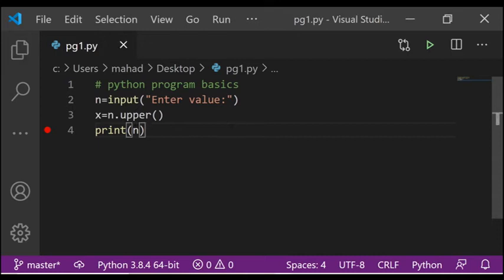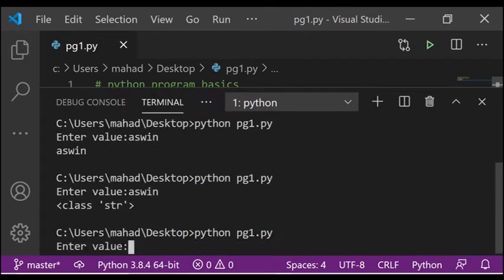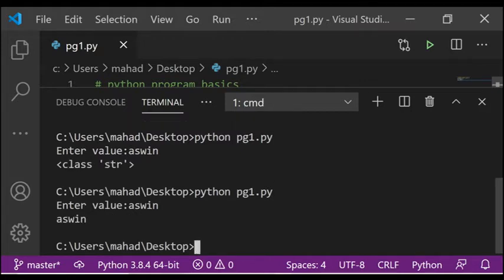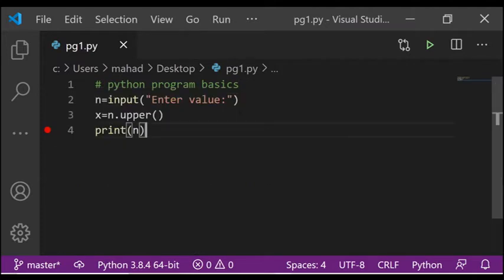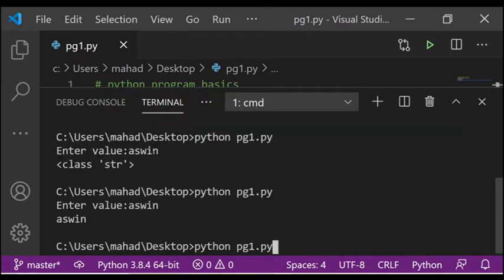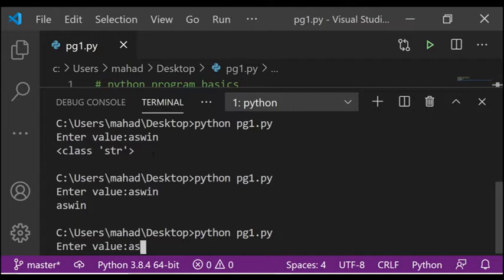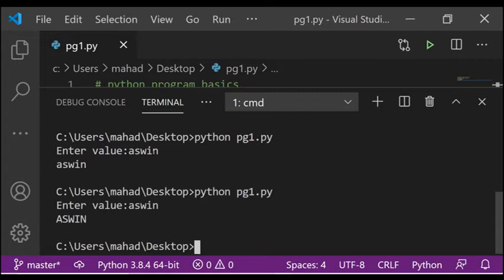I have saved it, gone to terminal and run it. Enter the value. I've typed my name in lowercase. n will carry the value, and the converted value will reside in x, so I have to print x. I've saved it, gone to my terminal, and typed my name in lowercase, and thus it has got converted into uppercase.